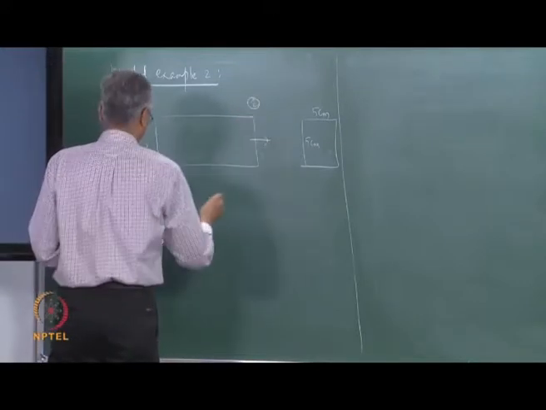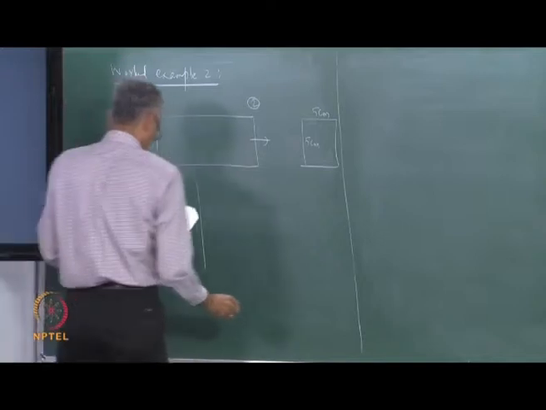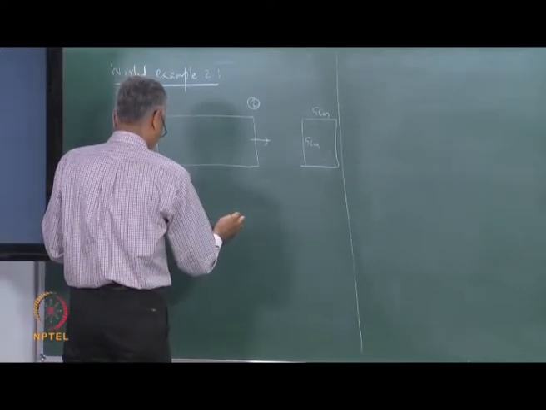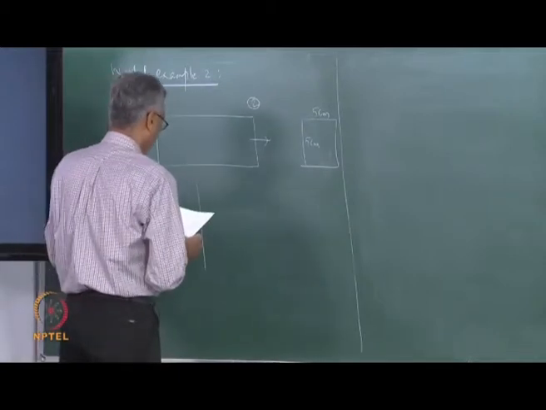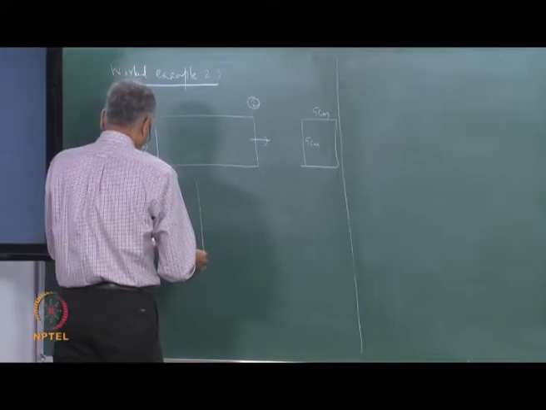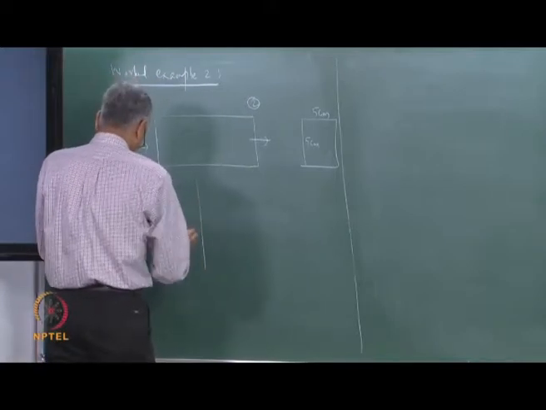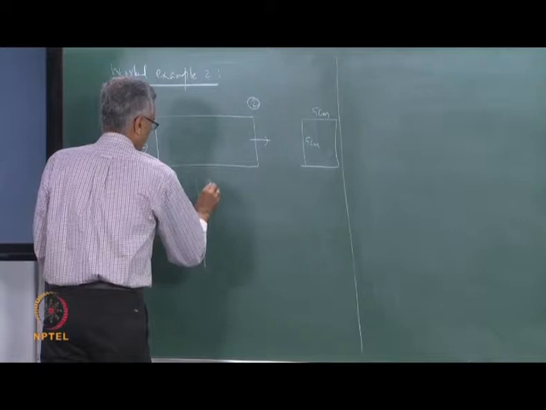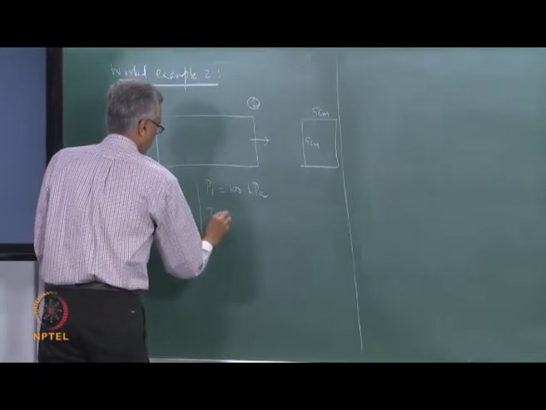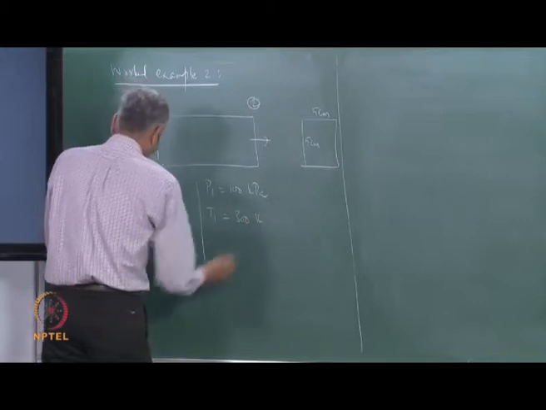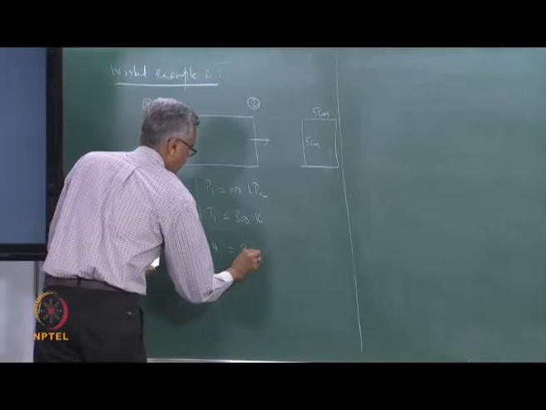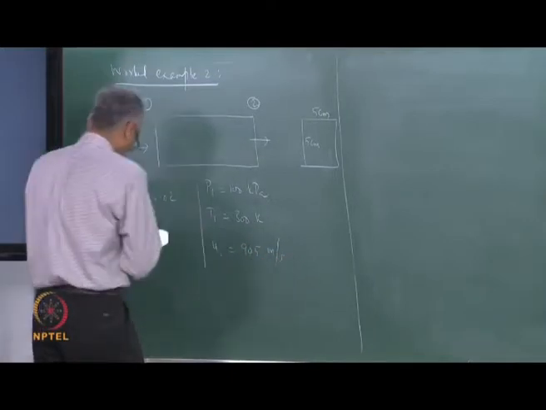The inlet state we have been given, let us assume these to be static conditions since nothing is said. So, we take P1 to be 100 kPa, T1 to be 300 Kelvin and U1 is given to be 905 meter per second,